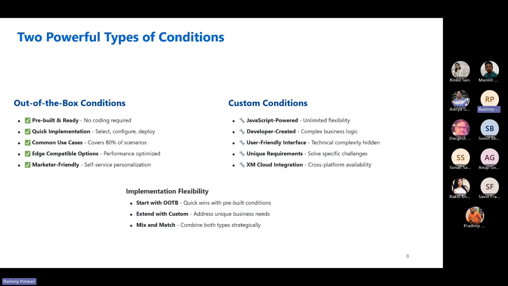Custom conditions need to be created by developers based on inputs from the marketing team: what exactly they want to set up as rules, and what they would like to achieve based on the foundational elements we've seen in the previous slide. Once created, we can have a library of custom conditions, and the marketers can use them wherever they would like, just as they use the out-of-box ones.